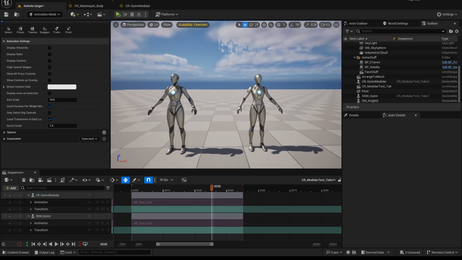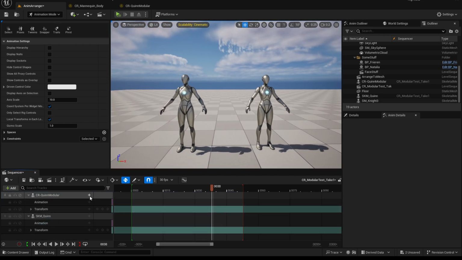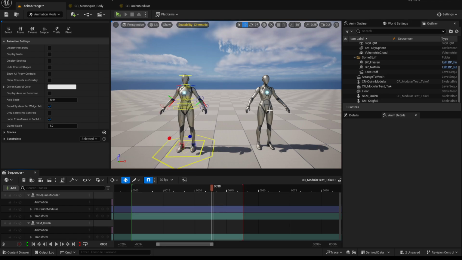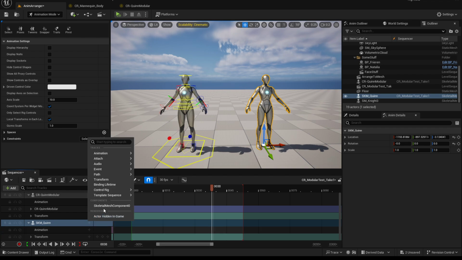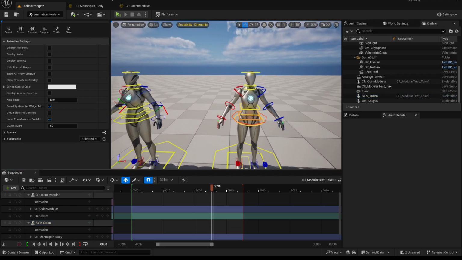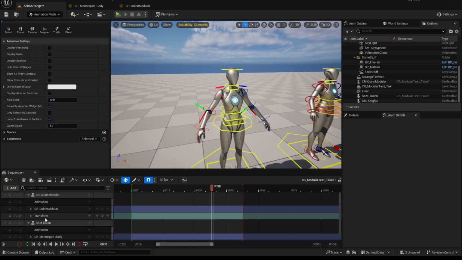Let's remove all of these things. Let's remove all animations. Let's get the control rig classes. For the first one, let's get modular rig. And for this one, let's get mannequin body. And let's go and activate the IK